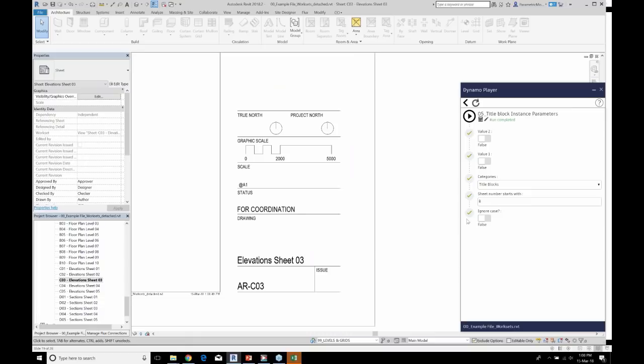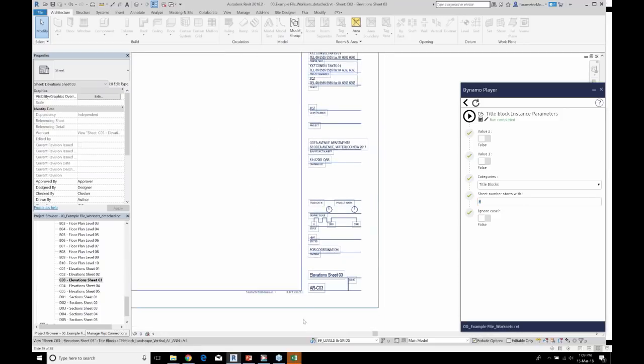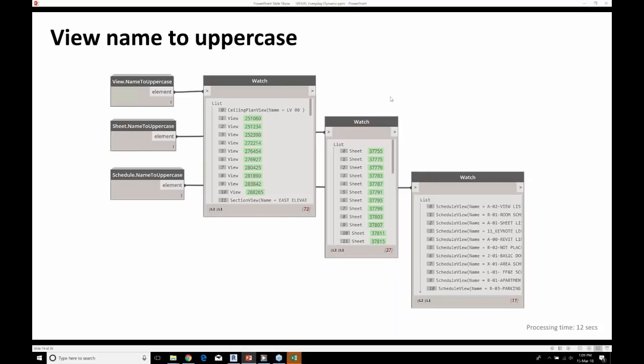So just because this says B doesn't mean that someone hasn't already run this with A enabled. So sometimes you might want to embed into the script a reset procedure where maybe it turns everything on or off, and then you go back and isolate just the ones that you want again. But it really depends on each situation.